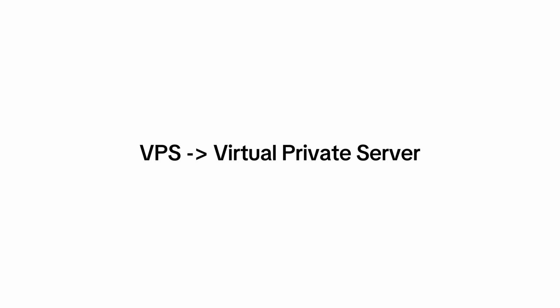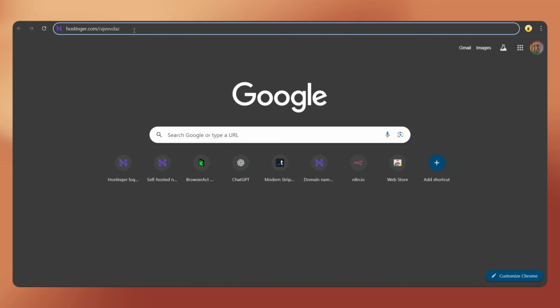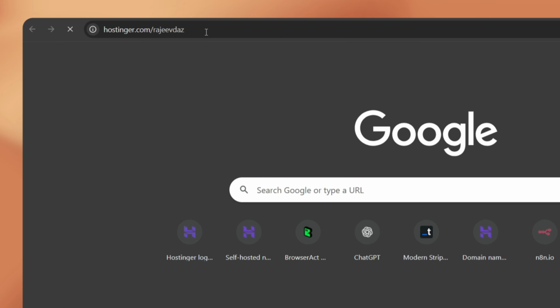Alright, let's get started. To self-host N8N, first we have to purchase a VPS server. That means a virtual private server. For that, we can use Hostinger. Just go to this link,